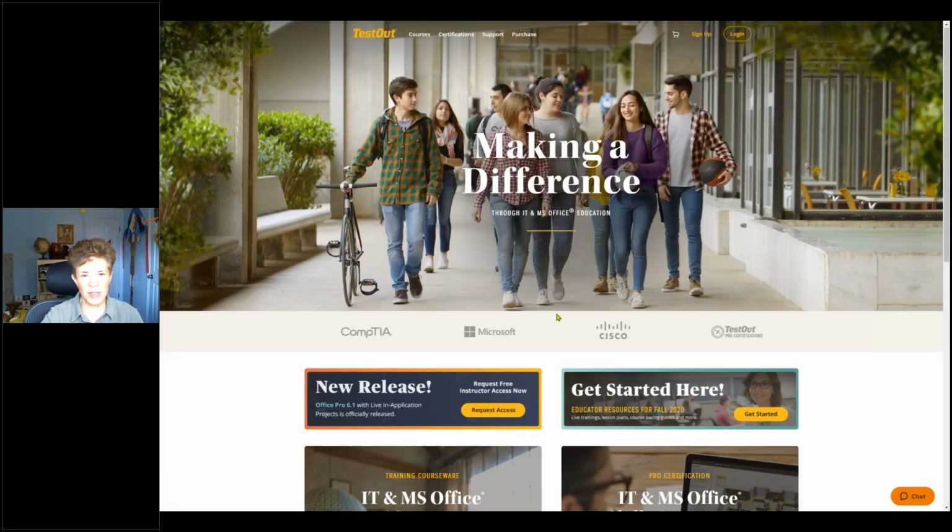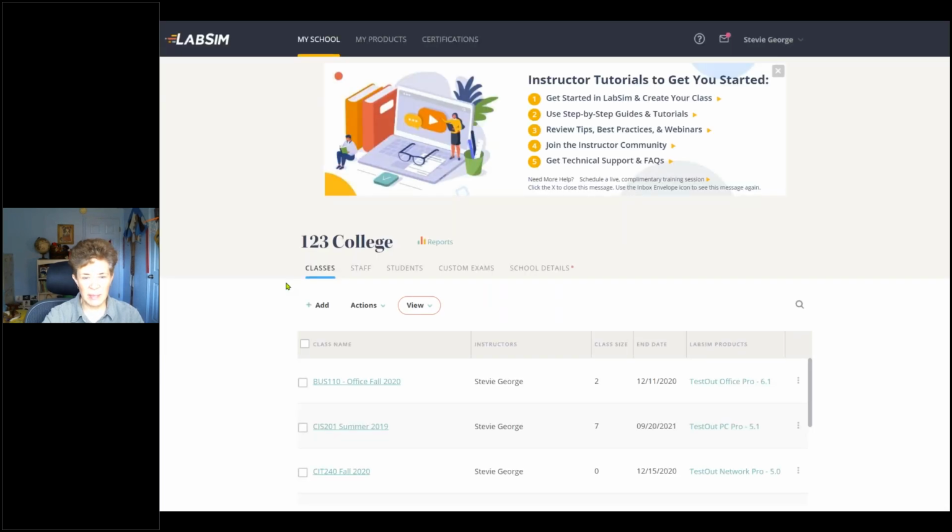So let's talk first about the class setup. Now, I've already logged into my account. Let me pull that up on the screen here. And the one thing that you need to do, again, if you're using our interface, is you will need to make sure there's a class set up. There are a few instances where maybe an administrator is taking care of that, but generally speaking, on a college level, university, that the instructors do that individually. So on your main page, underneath classes, you would click the word add,